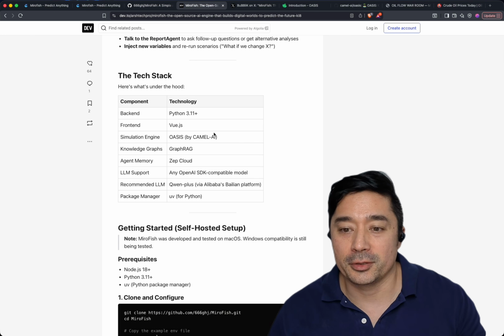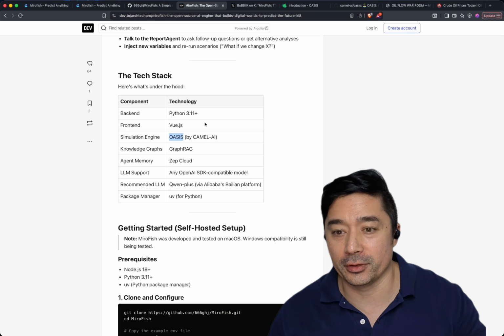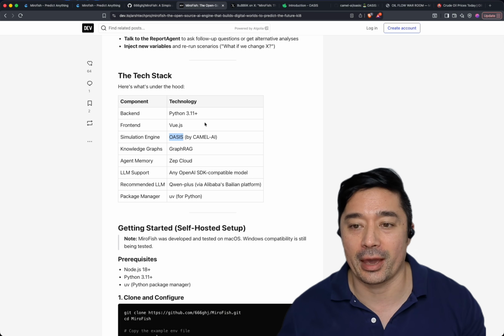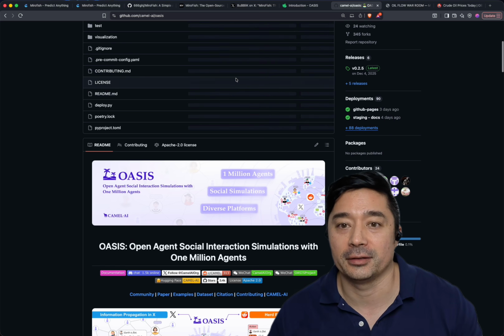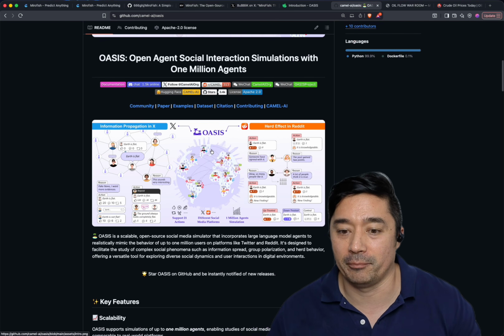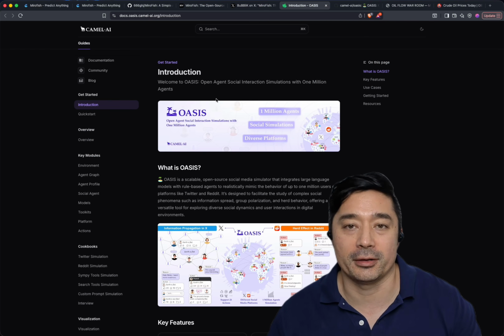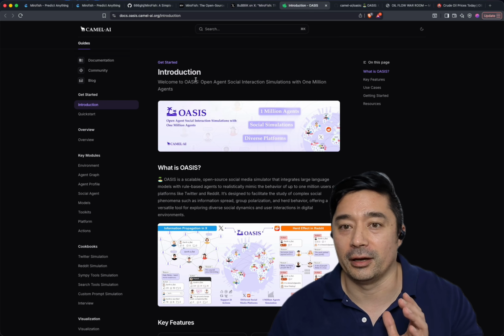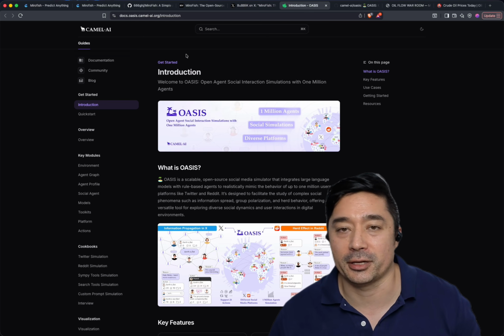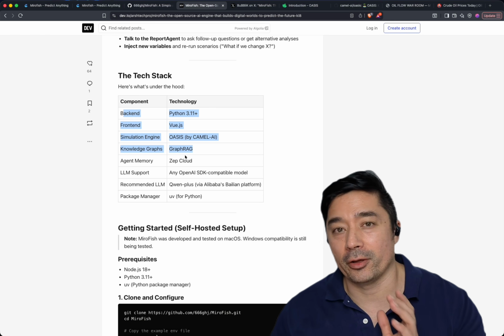It does use Camel AI or Oasis to generate all the social conversations between the agents, which is open source. So you can actually just view that GitHub as well and have a look at the code and features of that. There is really nice documentation for all of this, so check out oasis.camel-ai.org for that. The rest of the tech stack is all open source, but the demo that runs on